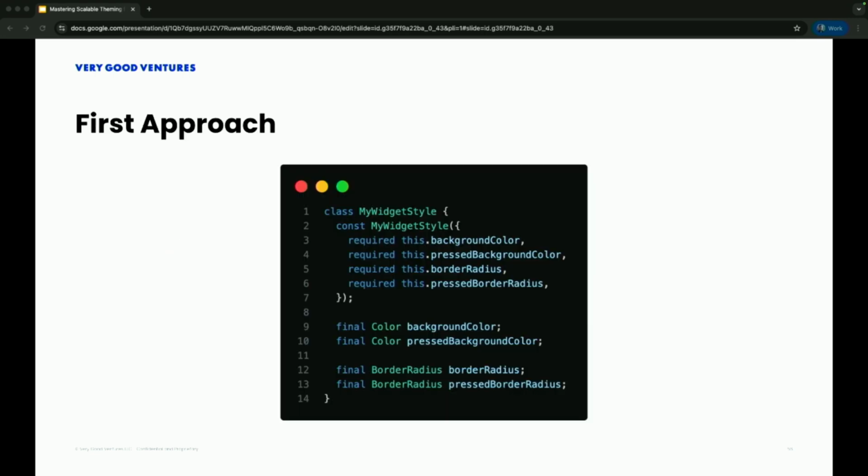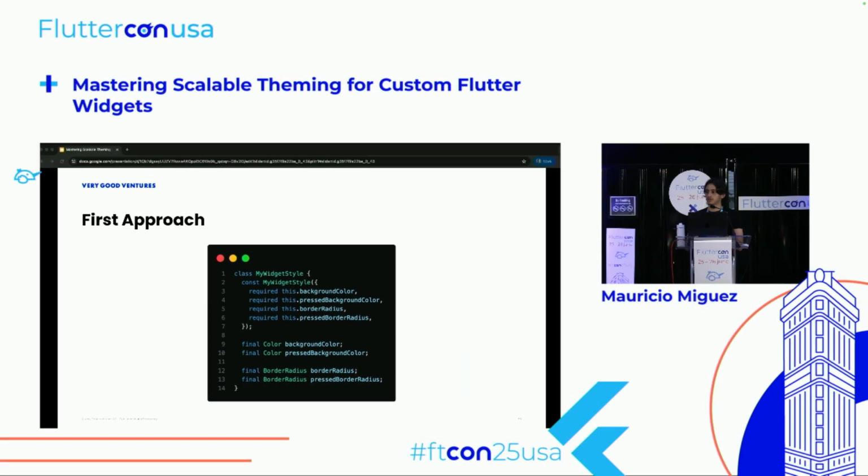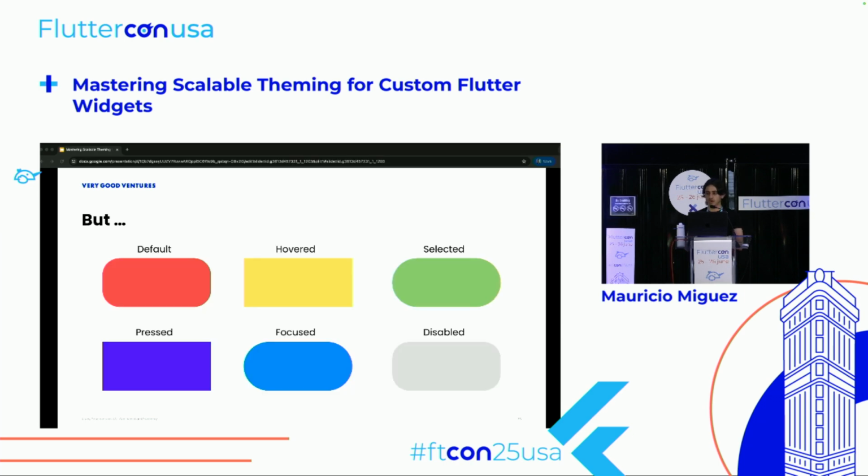So your first approach could be just to repeat the same variables and add a prefix to it. In this case, we have background color and press background color, and then we have border radius and press border radius. This approach may seem fine at first. The problem is, what if your widgets depend on multiple states and have multiple properties that are changing based on